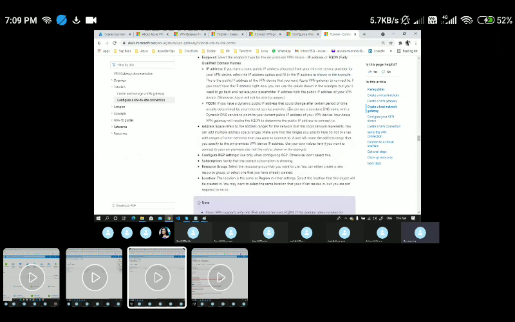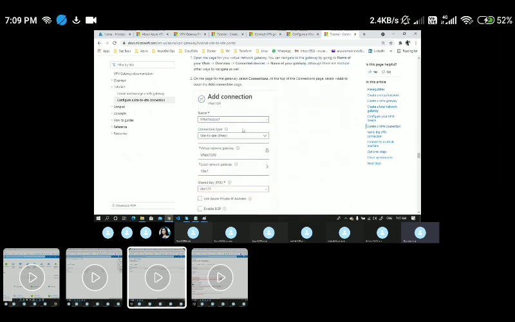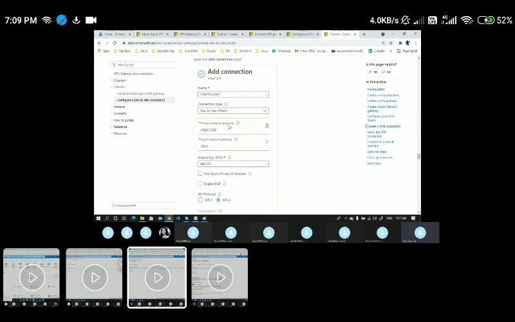Once you're done with these two, when you go to create the connection and choose the connection type as site to site, it will ask you for the virtual network gateway and the local network gateway. Earlier with VNet to VNet, it asked for virtual network gateway 1 and virtual network gateway 2.